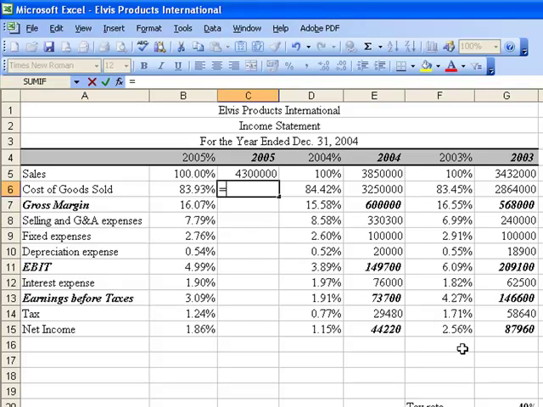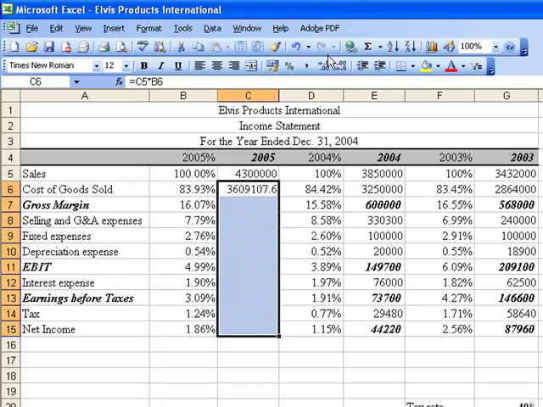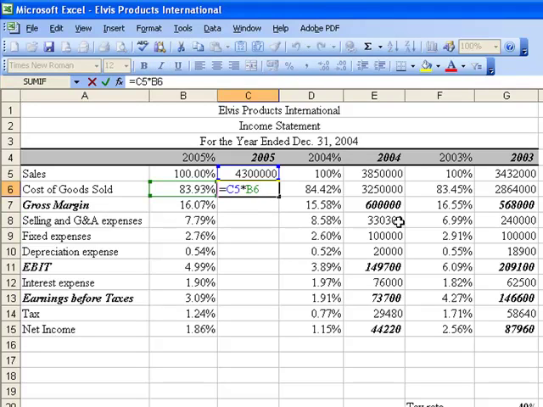And we add the formula: sales multiplied by the percentage that we actually have. So we will come up with our cost of goods sold. So this is basically a number for cost of goods sold. Let's eliminate this decimal place, and the same formula will apply to all of the other income statement